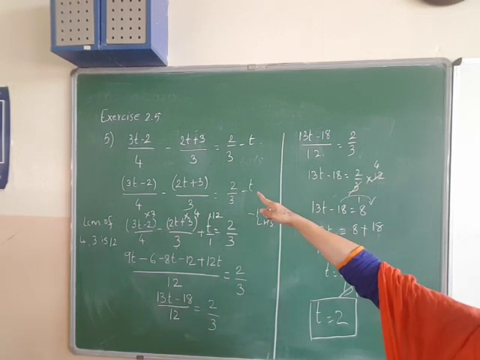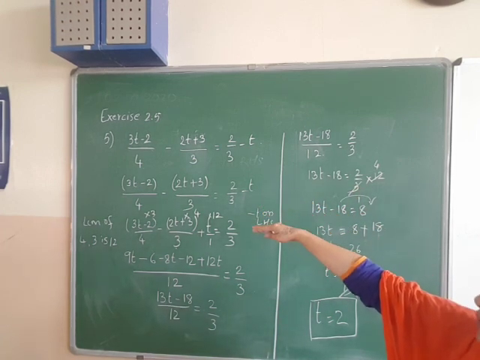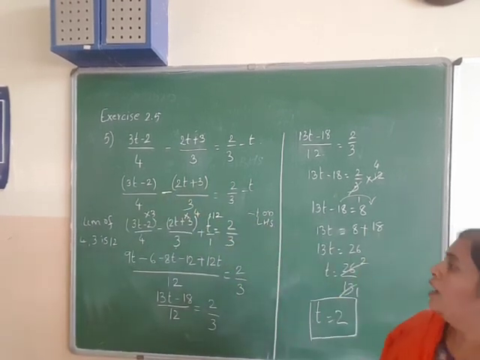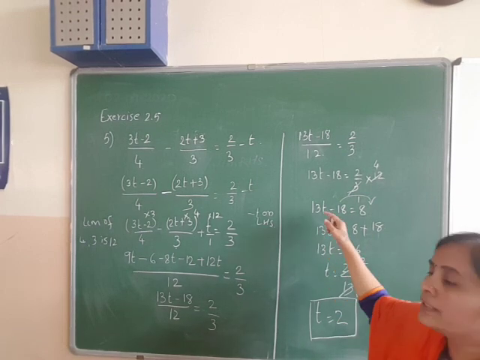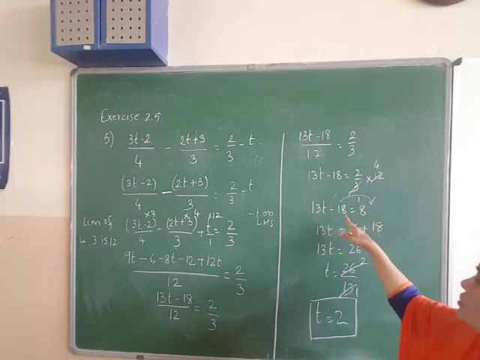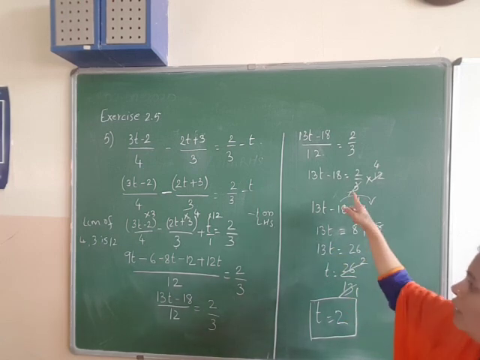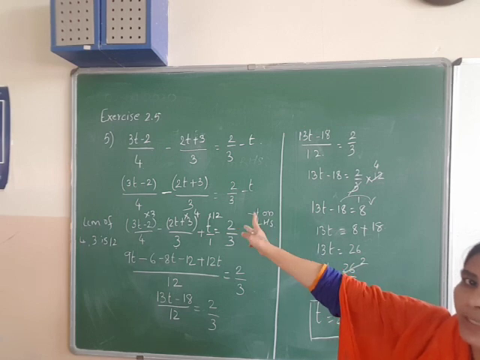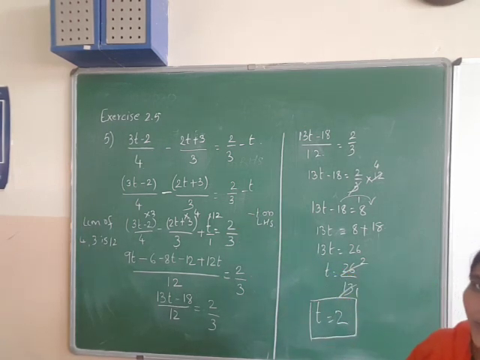Since there are two variable terms, there is a long step. Here you have to multiply the minus for both the terms, and you have to calculate the value of t. So here the only extra step is multiplying the minus for both the terms. So write this in your notebook.